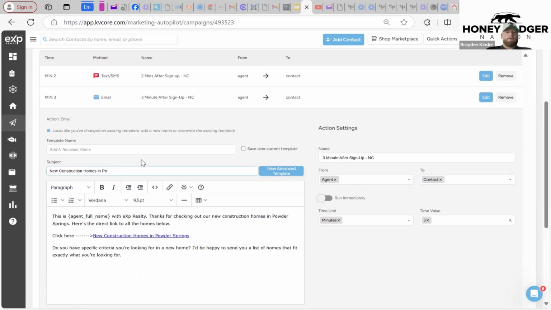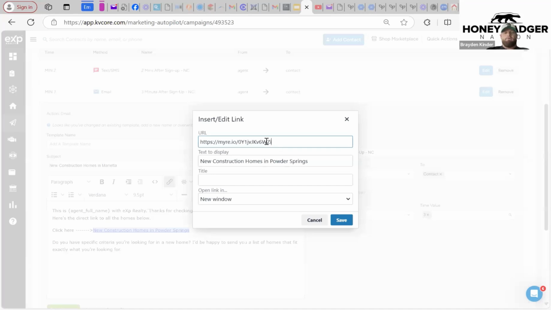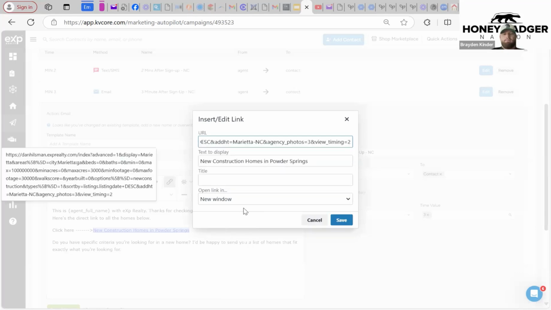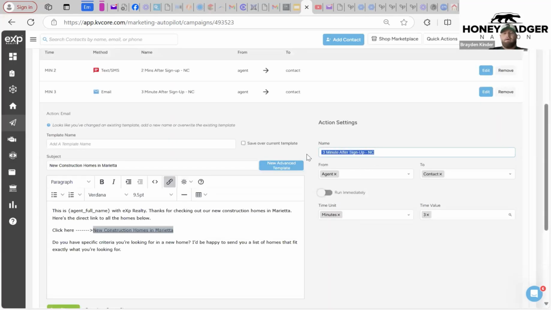I'm going to change Powder Springs in the subject line. I'm going to change it here in the body of the email. I'm going to click on our link, and then I'm going to hit the chain link that's highlighted up top there, the insert edit link. I'm going to remove that link, paste our new link, and then change where it says in the text to display, Marietta. Save that, copy our name again,